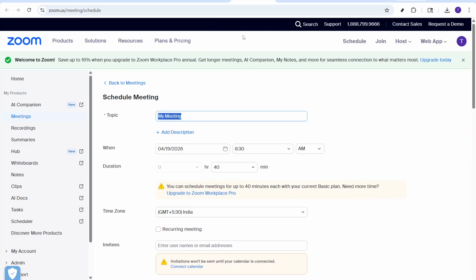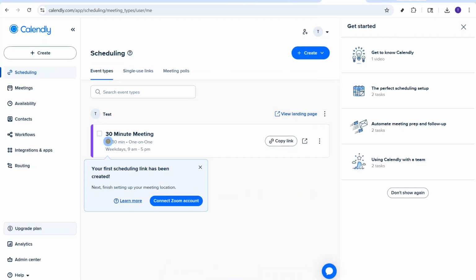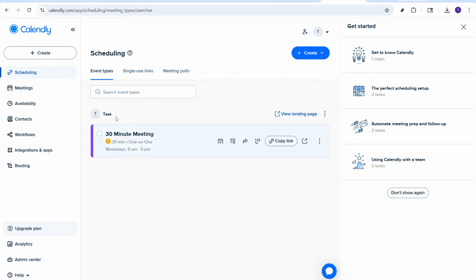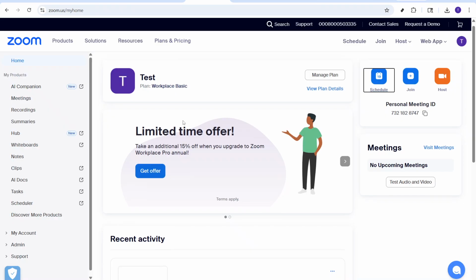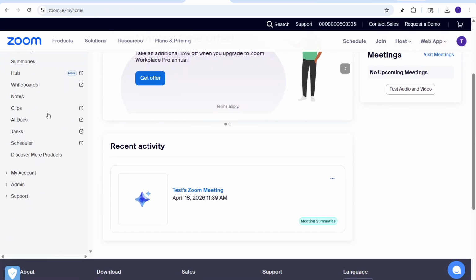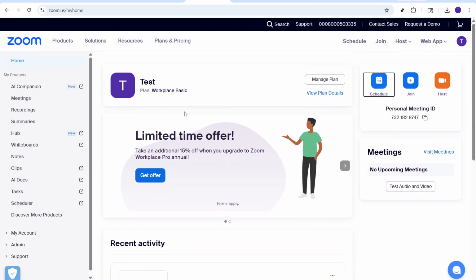First off, let's talk about the primary purpose of each of these tools. Calendly is a dedicated scheduling tool that's incredibly powerful and versatile. It's designed to handle all your scheduling needs with precision, offering a wide range of functionalities that cater to various professional requirements. On the other hand, Zoom Scheduler is built mainly for scheduling Zoom meetings. It's tailored to integrate seamlessly with Zoom, making it a perfect choice if your main focus is organizing Zoom-based meetings alone. So, if scheduling forms the core of your workflow, Calendly should be your go-to, as it stands out with